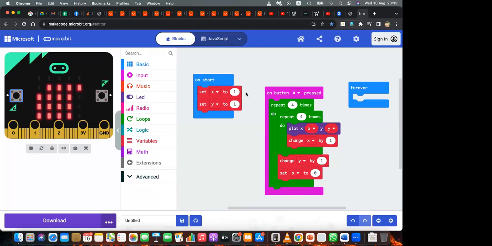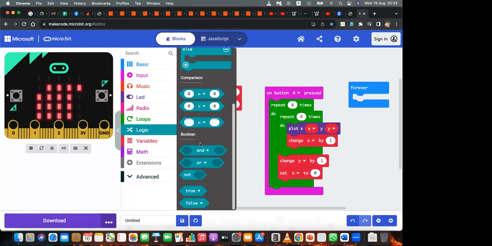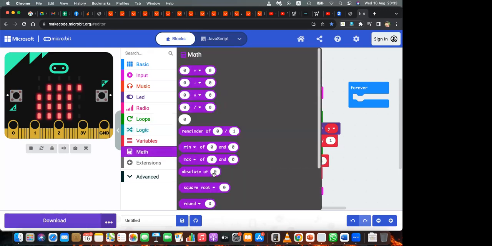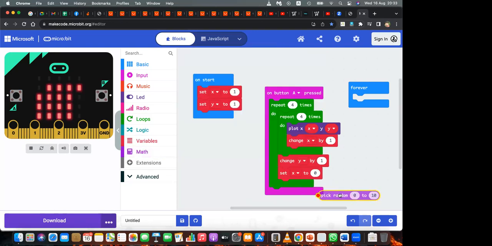Another thing is you can skip and go. You can skip and go. Or you can use a random. Here you have random. You can see pick a random here, pick a random. Pick a random between